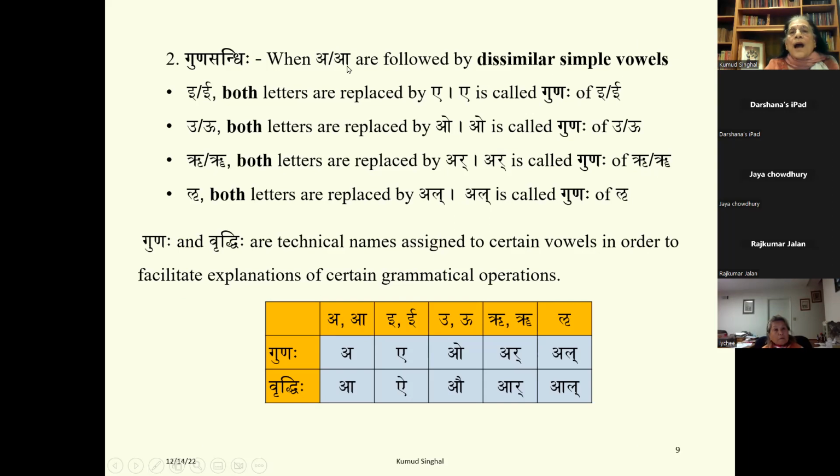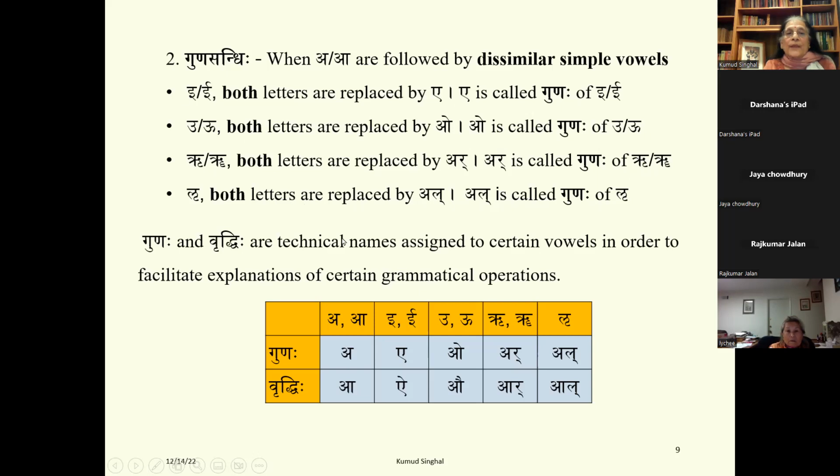Then if a or ā are followed by u or ū, then both letters are replaced by o. And o is called guna of u or ū. Then if a or ā are followed by ṛ or ṝ, both letters are replaced by ar. And ar is called the guna of ṛ or ṝ. And if a or ā are followed by ḷ, both letters are replaced by al, which is called the